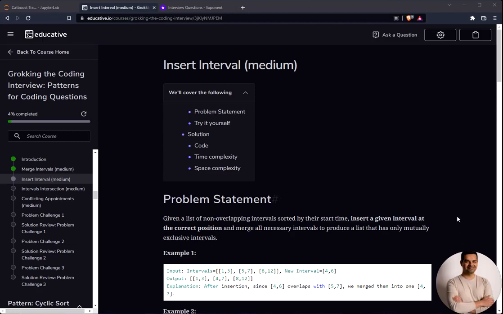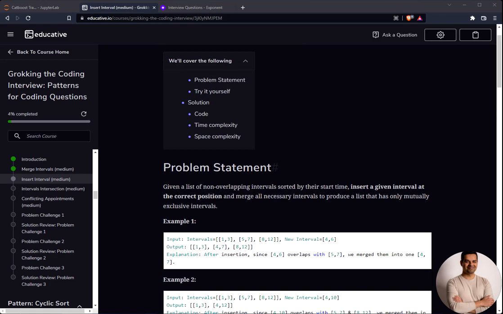We'll go through another problem of the merge interval classification. This problem is an extension of the previous problem we worked on, which was merge intervals. Ideally we had intervals and we wanted to merge the overlapping ones. In this problem we already have a list of non-overlapping intervals sorted by their start time. Insert the given interval at the correct position and merge all necessary intervals to produce a list that has only